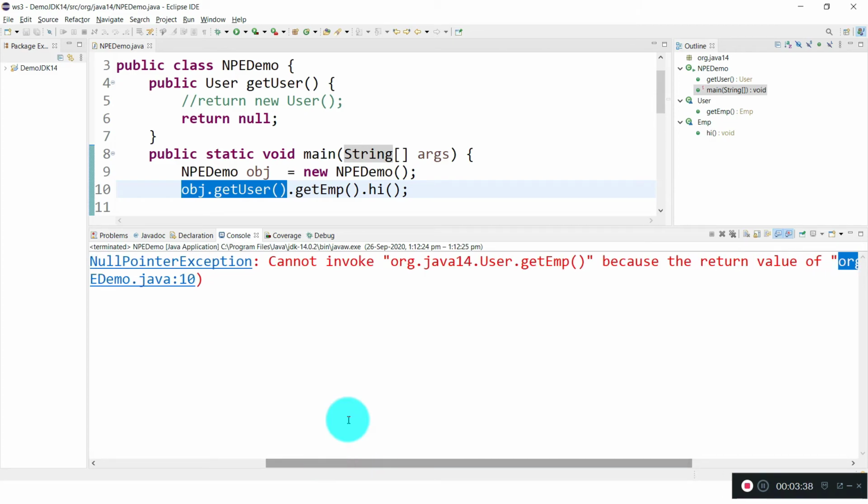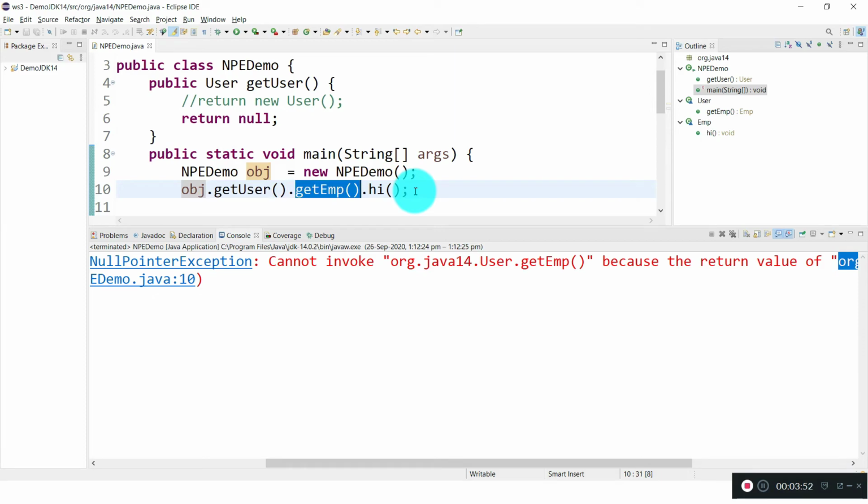Here you are able to see exactly which method is throwing the error and why it is going wrong. Out of the three methods being called, it's saying this one is going wrong, and that's the reason getEmp is throwing a null pointer exception, because it is null. This is how Java 14 is trying to improve the null pointer exception to help developers.